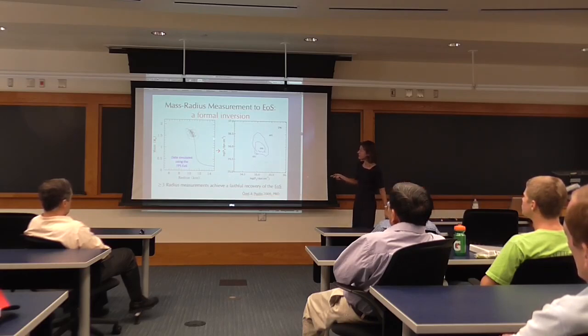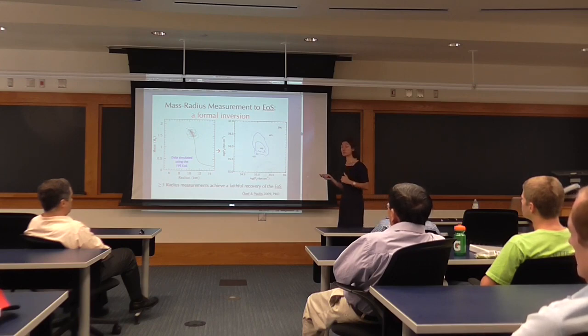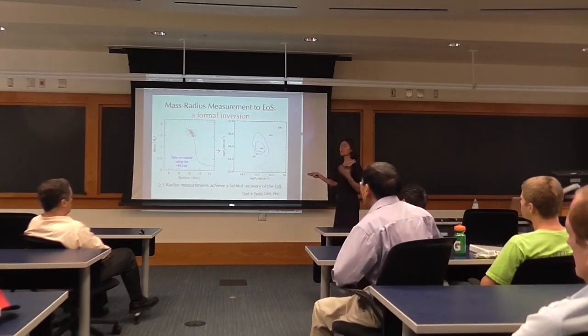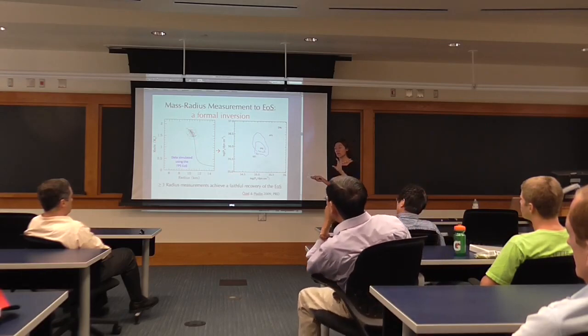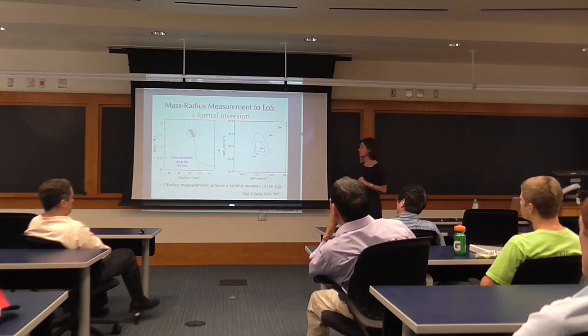Let's say that the underlying equation of state is FPS. This is simulated data. And let's say that I have 3 neutron stars whose radii and masses I've measured to within 5% or 10% uncertainty, shown here. If you just give me these, and I don't know the underlying equation of state, and I do the inversion technique that I just told you about with the parameterized equation of state,